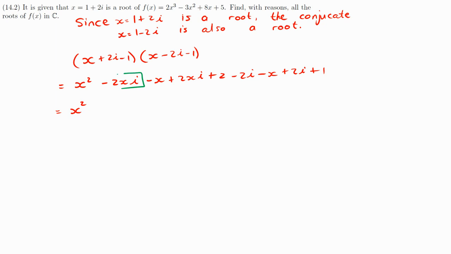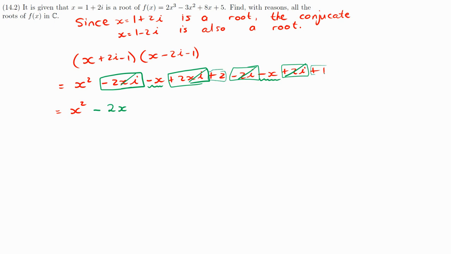Here is a xi. Here is a xi. So they cancel each other out. Here is a x. Here is a x. They will actually become minus 2x. This one is a minus 2i. This one is a plus 2i. So they cancel each other out. And then this will just be